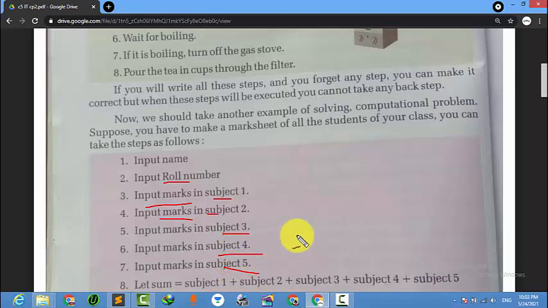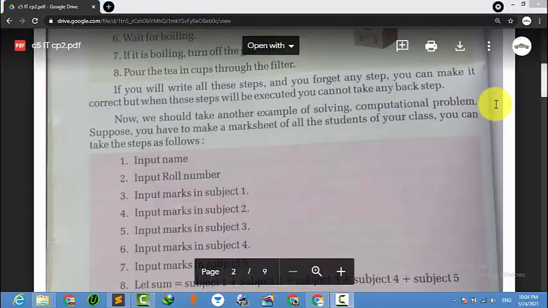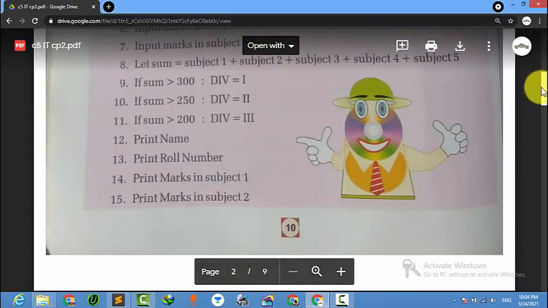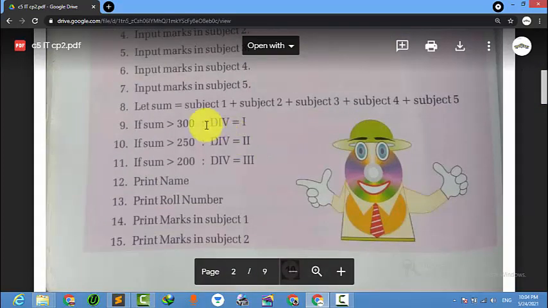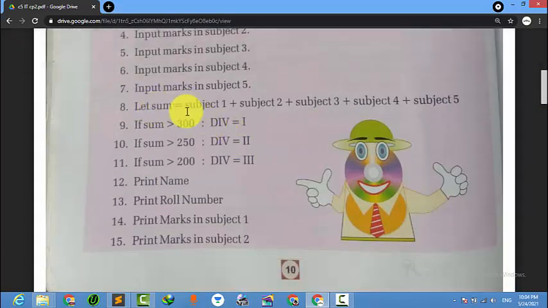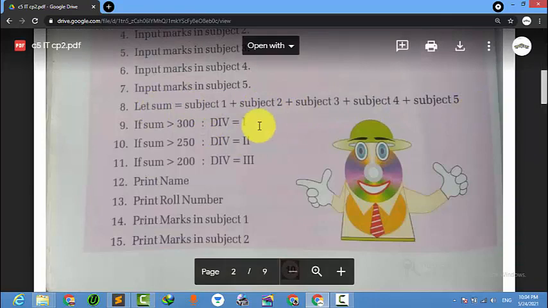After that, what will be the second process? Adding each mark, that is subject 1, subject 2, subject 3. Then we will put a condition.